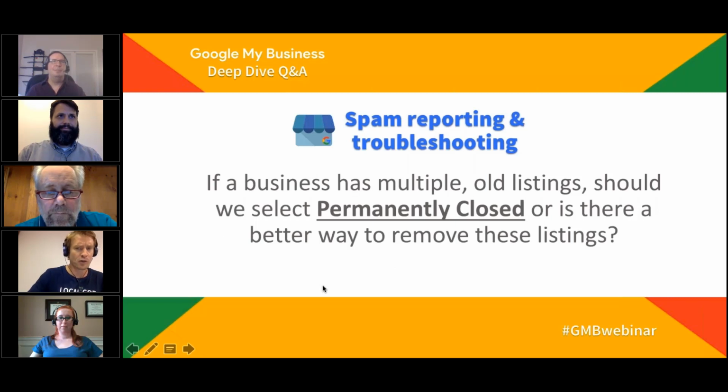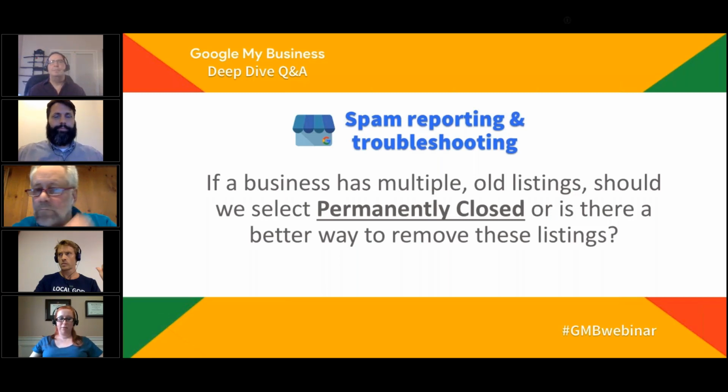If a business has multiple old listings, should we select permanently closed, or is there a better way to remove these listings? Joy, why don't you pick that up? Yeah, so just like they said earlier, there actually isn't a way really to remove data from Google. Google stores it. You also can't get a listing deleted if it ever existed at a specific place. So the only time they ever really remove it from maps is if it's incorrect and the business never actually